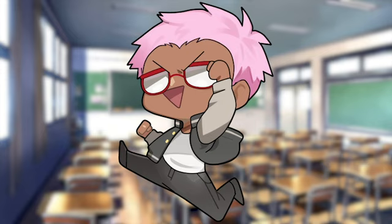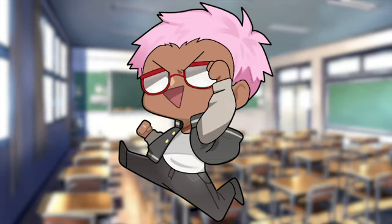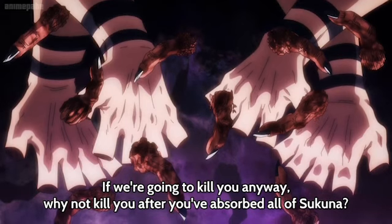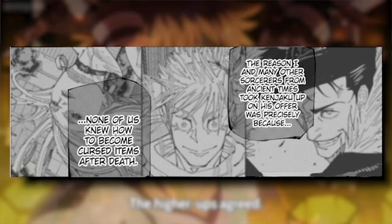Drumroll please. Full body and soul control. Okay, yeah, it does sound a lot lamer than it actually is, but this allows him to be super powerful. Like, Sukuna definitely has some in-depth knowledge and control of his own soul. See when he split his soul into 20 different curse items? Remember that? This is a process that is stated in verse to be unknown to most curse sorcerers, which is